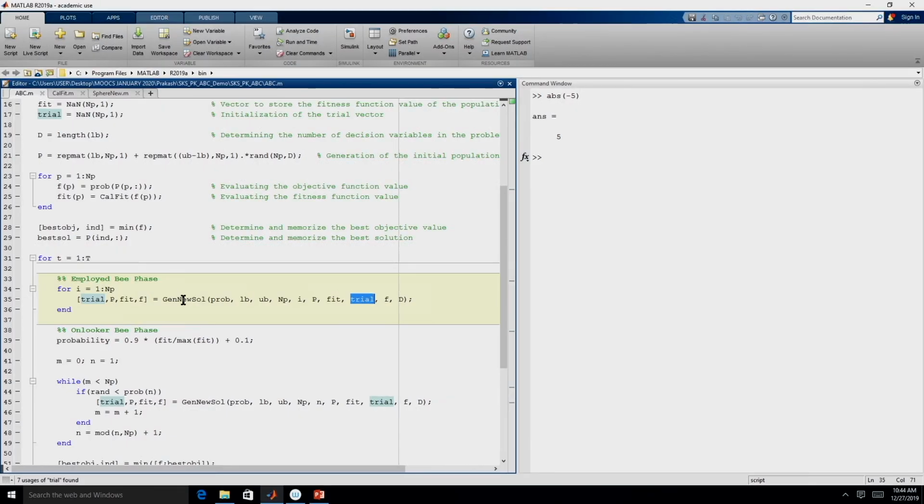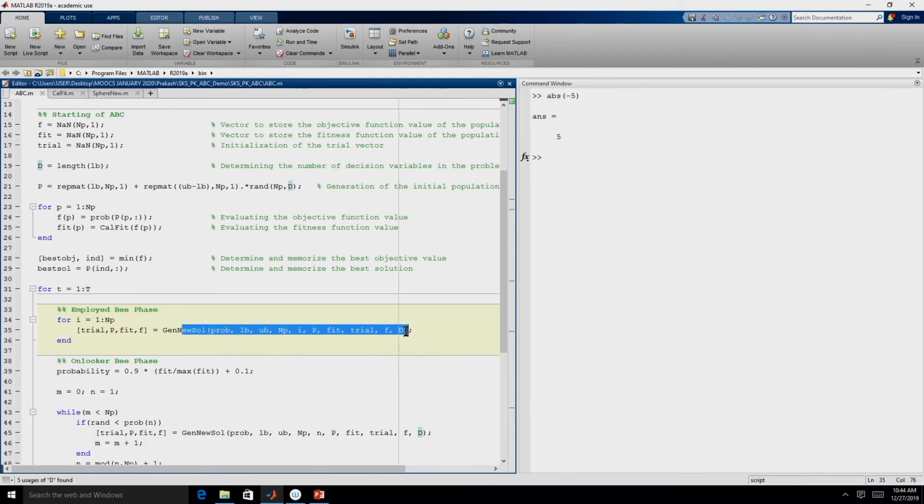So, even that is implemented in this GenNewSol, right, and then f is the objective function value, we will be passing that also, and d is the dimension of the variable, because remember in ABC we need to randomly select a variable. We are not going to modify all the variables, but we will be modifying only one variable, right. So, to select the random variable which has to be modified, we will need to know the number of decision variables.